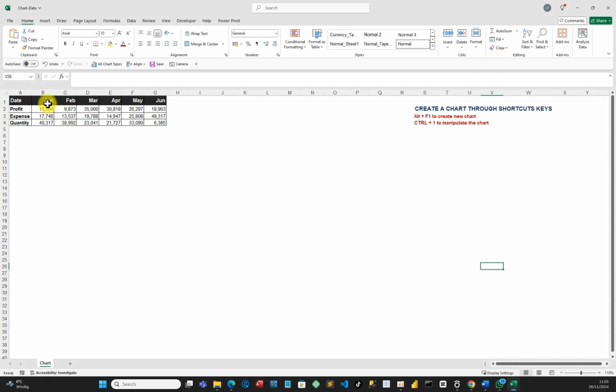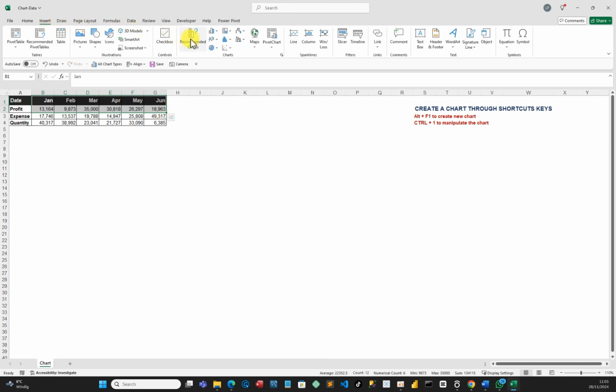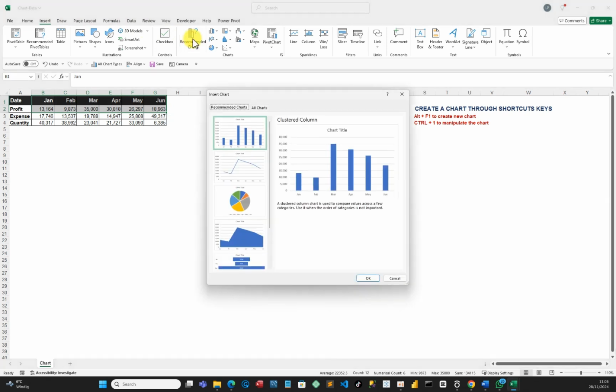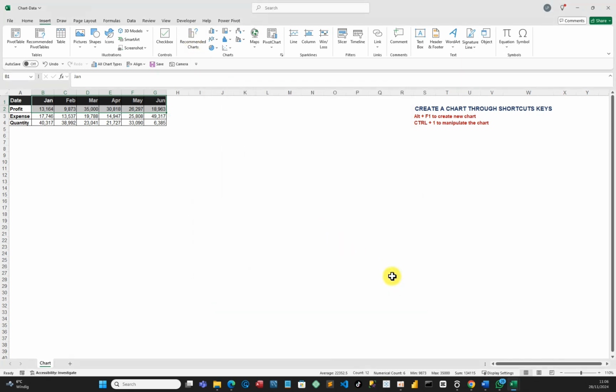So let's say, for instance, now you want to create your chart. The first thing you do, you highlight it. You go to insert. From insert, probably you go to recommended chart, which most people normally use, or from recommended chart, you might decide to choose any other chart you want. But this is a long way. So this you can just from your keyboard, Alt plus F1, just your Alt F1 key,